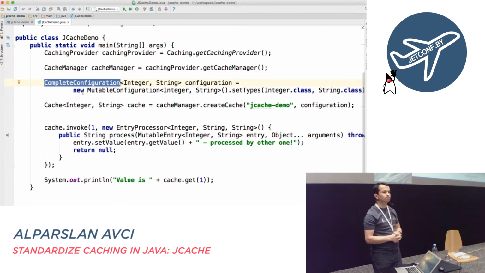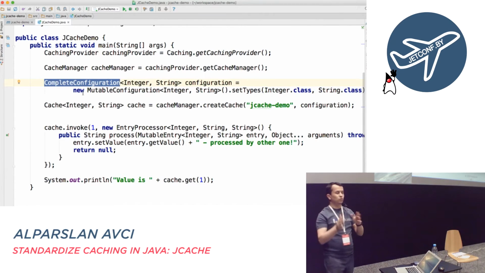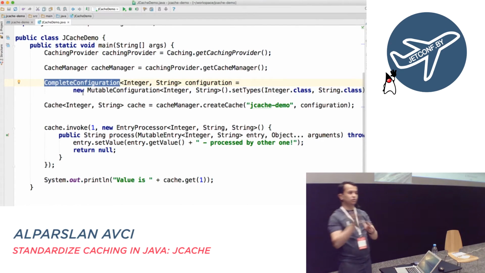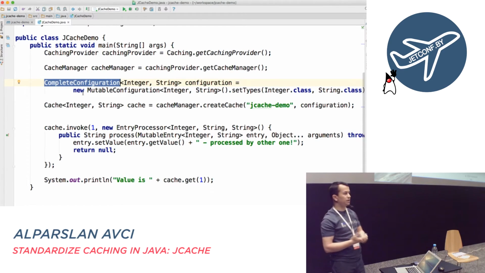So many people use Redis, and can you compare them in terms of performance and features? Hazelcast with Redis? Many people use it. Do you want me to compare Hazelcast versus Redis? Yeah, is it comparable? Because you couldn't compare JCache to Redis because JCache is only an API. But if you compare Hazelcast to Redis,